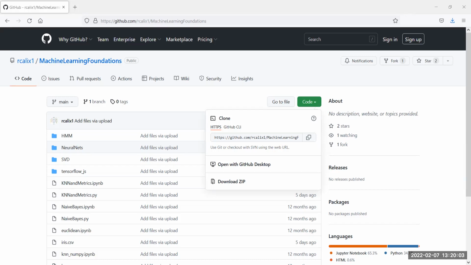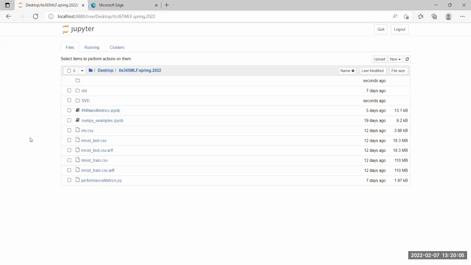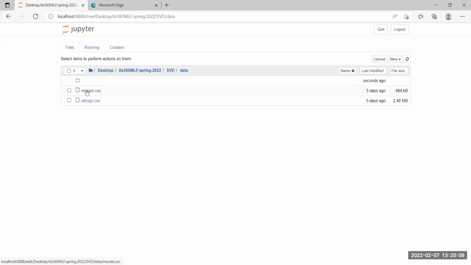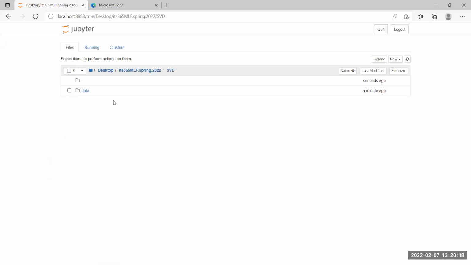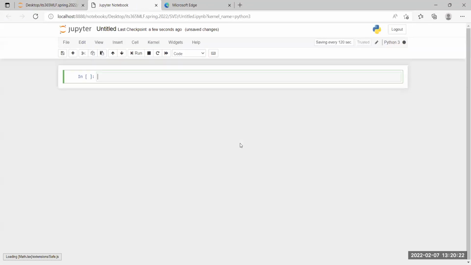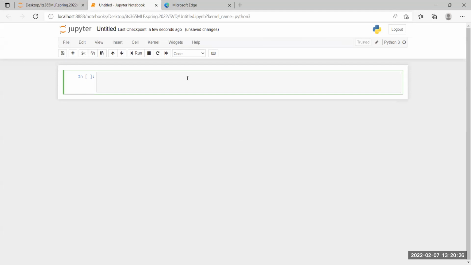So we are in the Jupyter Notebook for the course, singular value decomposition. There's your data, right? Now what we need to do is create the script. So I'm going to do it in here, new Python 3. We've created our script. Okay, so the first thing we need to do is try to bring in the data somehow.